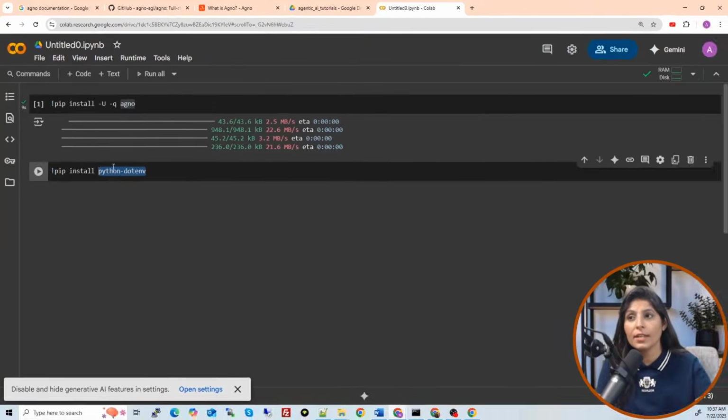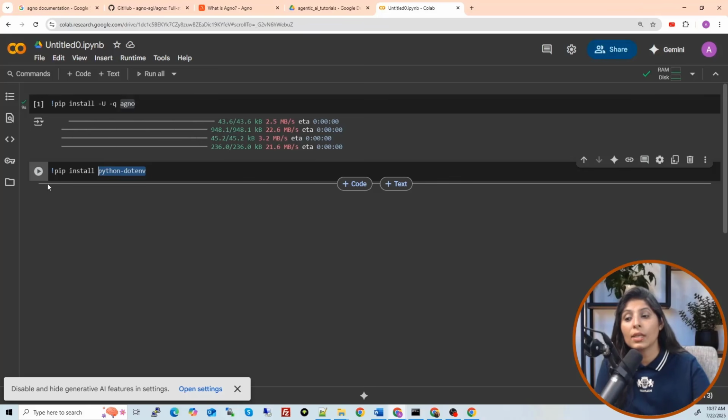Now, next thing is to install python-dotenv. Why do we need this module? Because this module is needed when you want to load the API keys of LLM models which are there in the .env file. For my today's tutorial, the LLM which I'm going to use is OpenAI's LLM. And to use the OpenAI LLM, you need the OpenAI API key, and I'm going to save that OpenAI API key in the .env file.